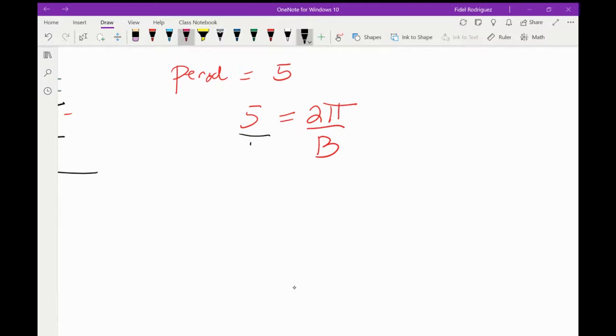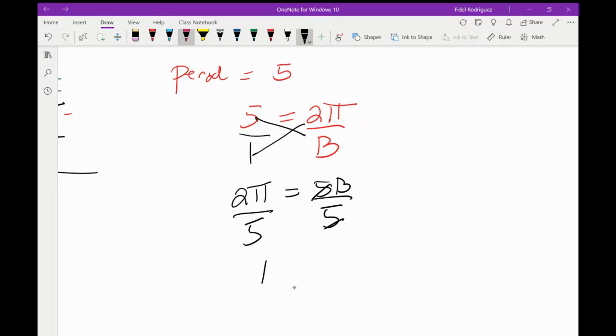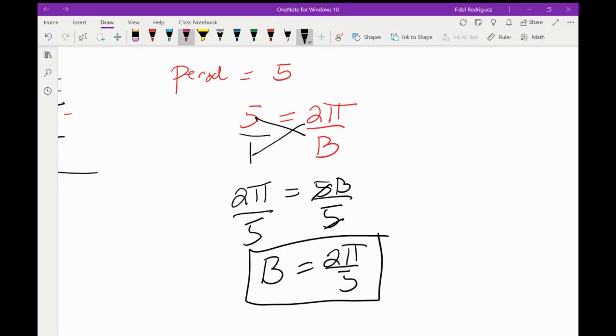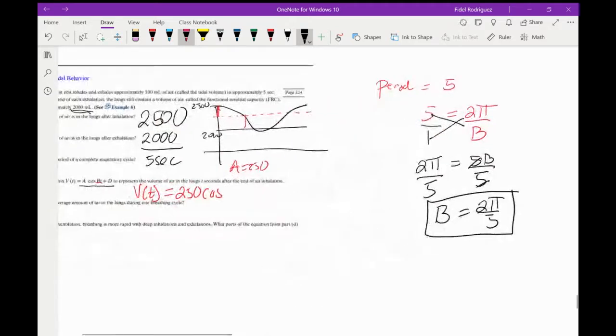So all I'm going to do here, y'all, is think of this as over 1, and do a little cross multiply. So 1 times 2 pi is 2 pi. 5 times b is 5b. Let's divide both sides by 5, and we get b being equal to, what is that, 2 pi over 5? Okay. So I'm going to come back over here, and I'm going to put 2 pi over 5 with a t